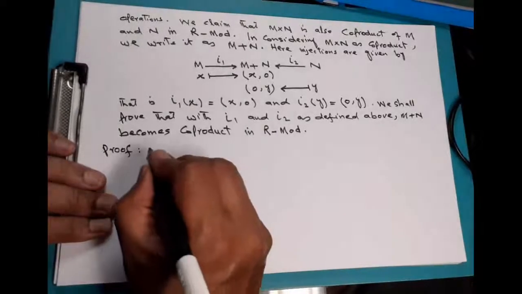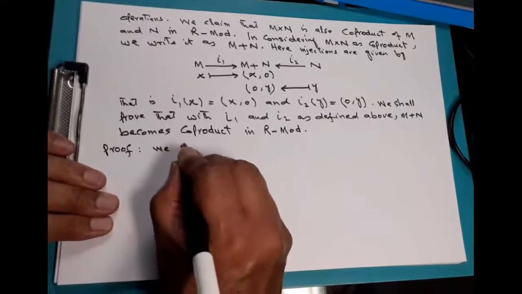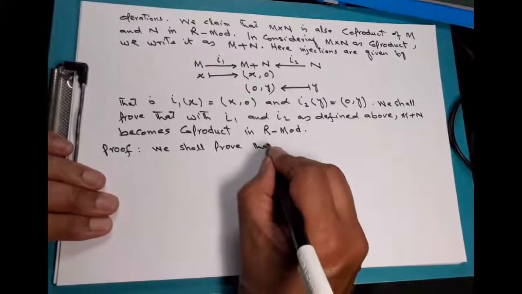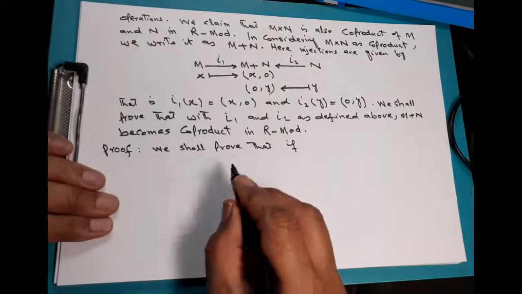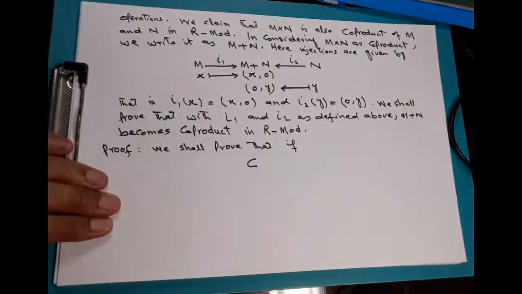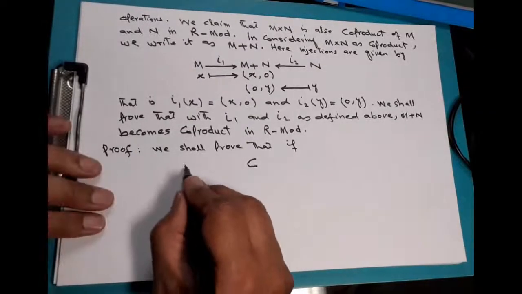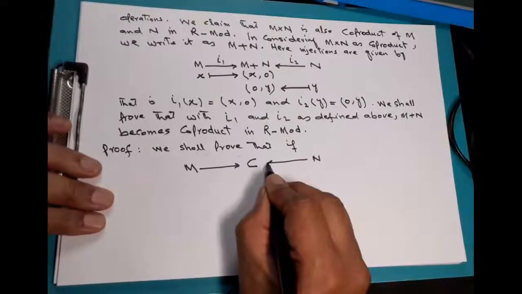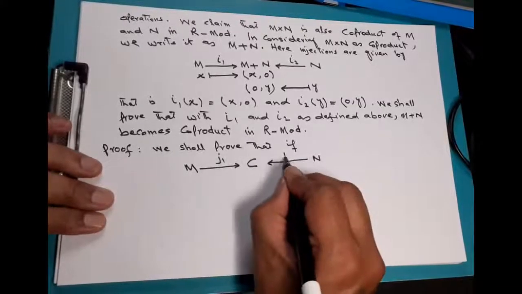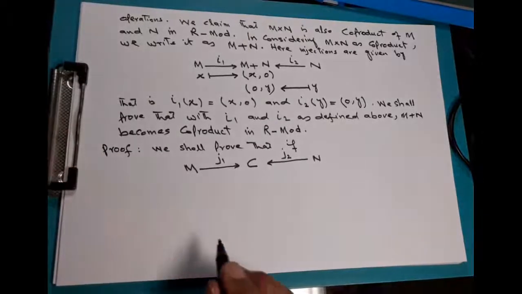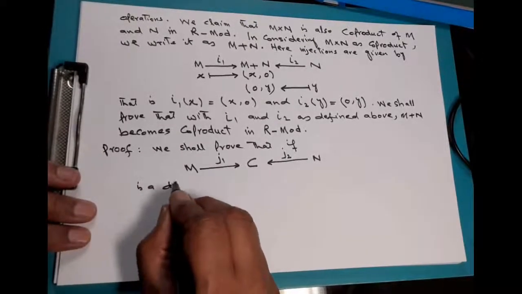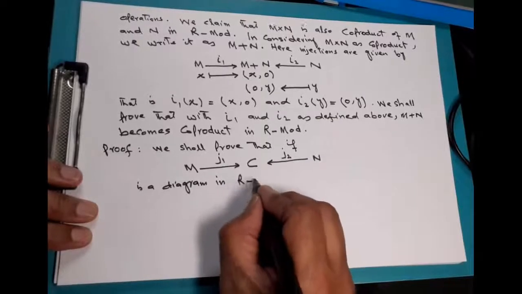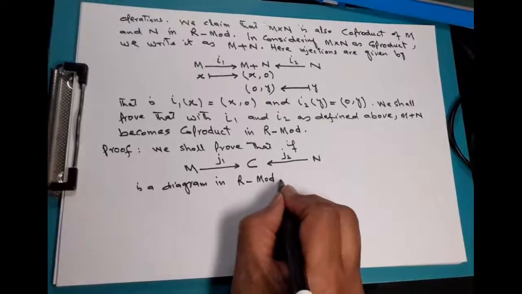So we shall prove that if this is a diagram, C is a left R-module, and from M and N there are these maps, call them J1 and J2, in the category of left R-modules, this is the way we represent it, then